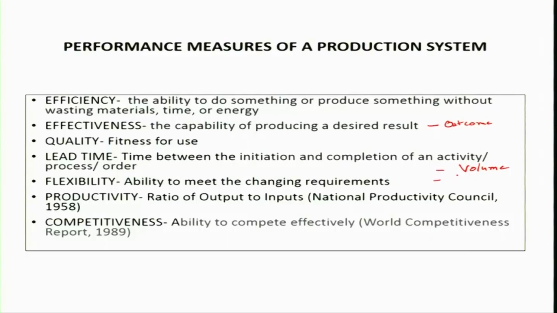Similarly, another is what we call mix flexibility. Suppose you are producing 3 different models, red, blue and green. There may be a change in the demand. You thought 50% red, 25% green and 25% blue, but after some time there is a change in the demand pattern. There is only 40% requirement of red color. So, you should be able to change the mix also, or in the automobile sector, car manufacturing, there may be a change in demand for the different models you are producing. That flexibility you should have is called mix flexibility, and there are several more dimensions of flexibility, which we will study later on.